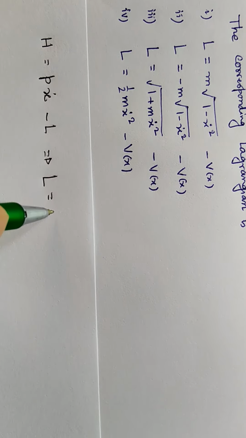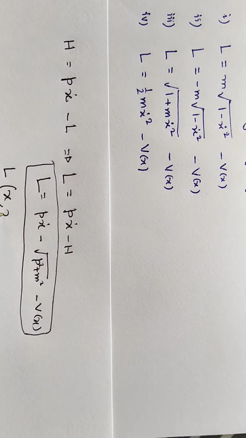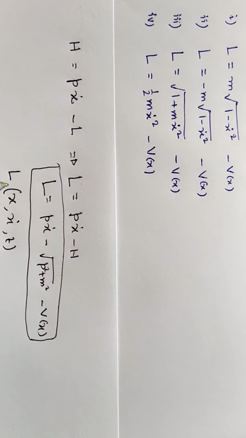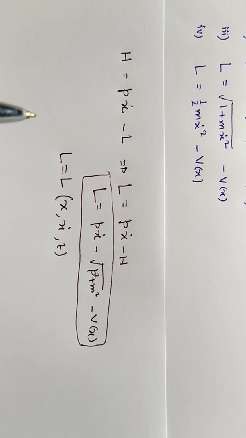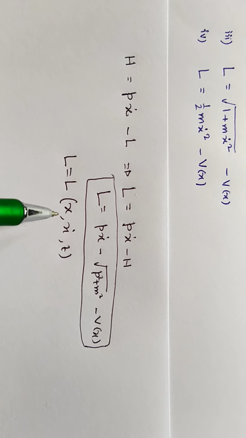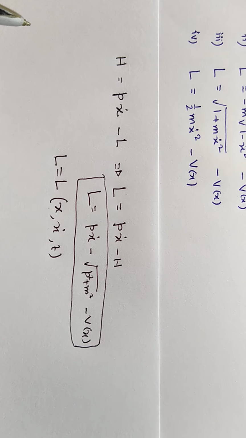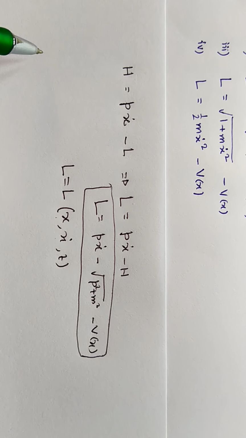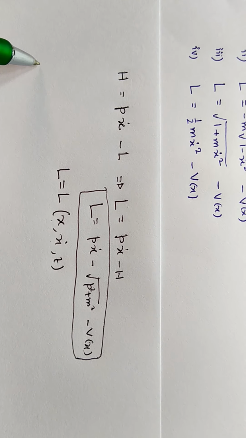Okay, now you know that L is a function of x, x dot and t. Now you have to find this or convert it in terms of x, x dot and t. Okay, now let us try. You know from the equations that